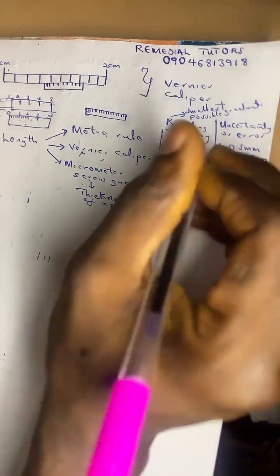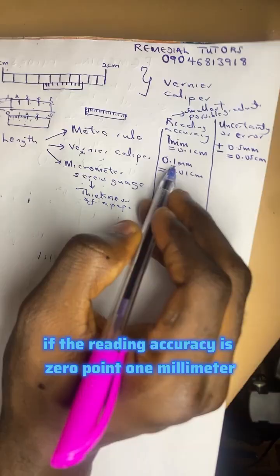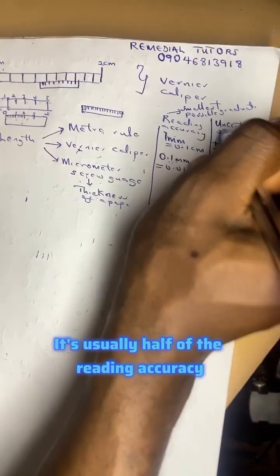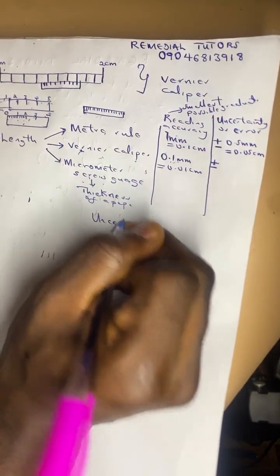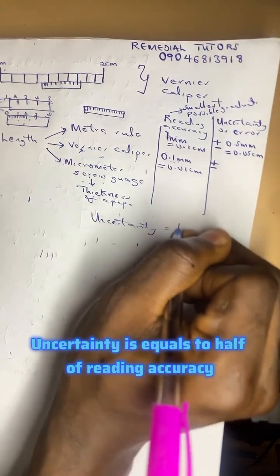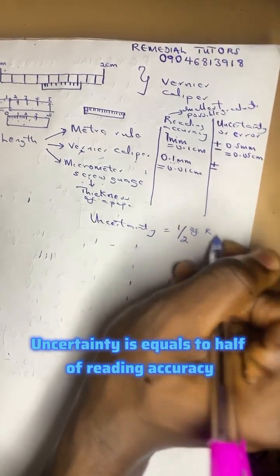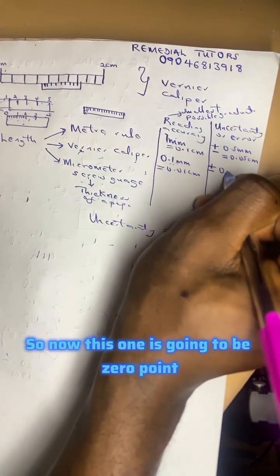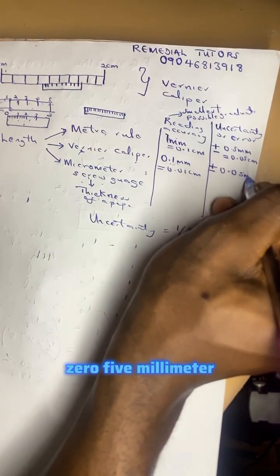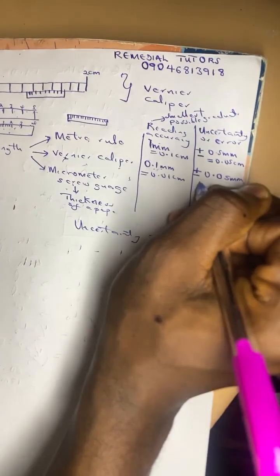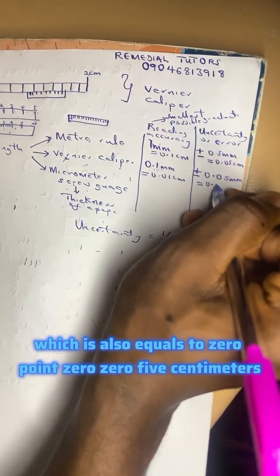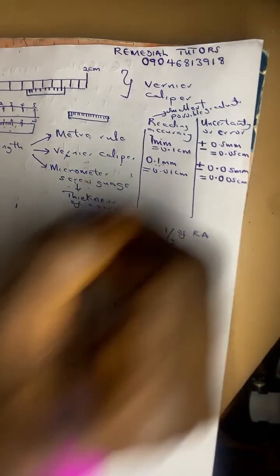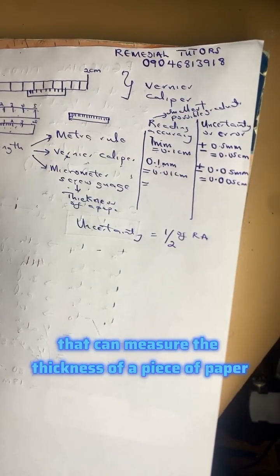And so if the reading accuracy is 0.1 millimeter, the uncertainty, plus or minus, is usually half of the reading accuracy. Uncertainty is equal to half of reading accuracy. So now this one is going to be 0.05 millimeter, which is also equal to 0.005 centimeters. While a micrometer screw gauge that can measure the thickness of a piece of paper,